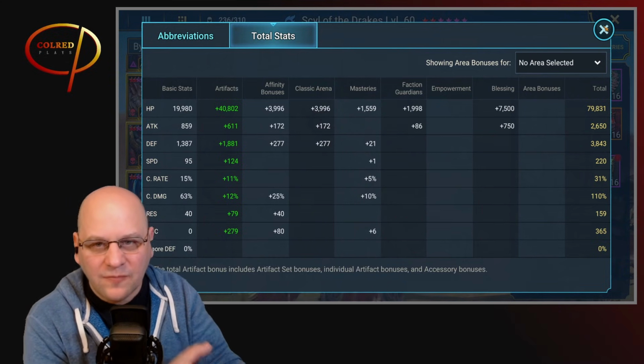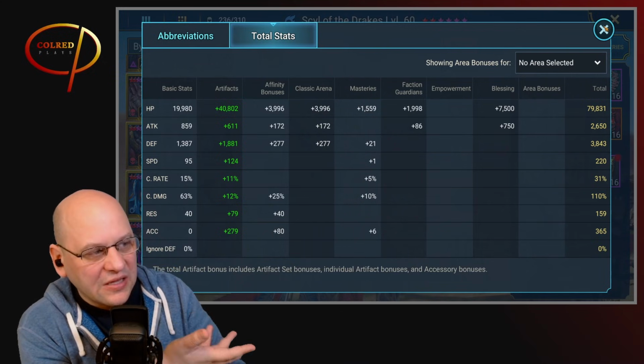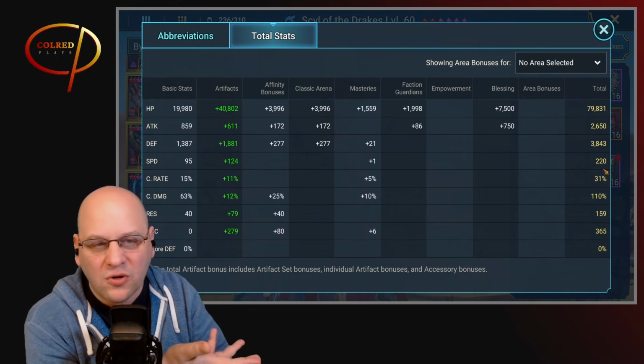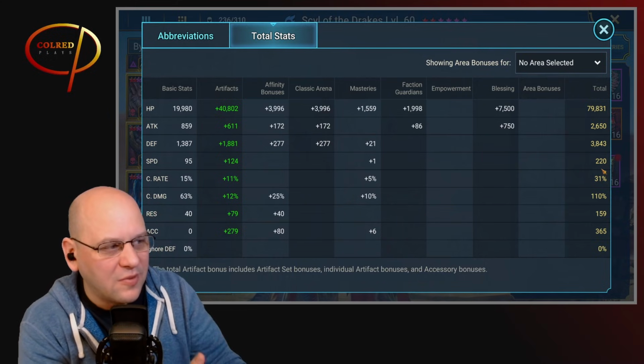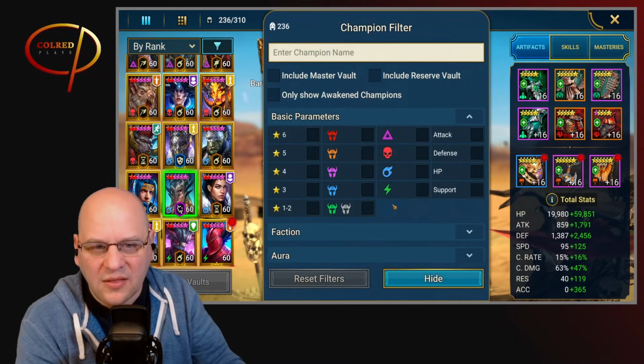Remember, this is an end game dungeon. This is stage 10 hard mode. So you should be able to get at least reasonably close to these stats. Maybe you only have 3.5k defense, but you have 240 speed on your Syl or something. You know, there are going to be some variations there. And if we look at the Doom Priest,